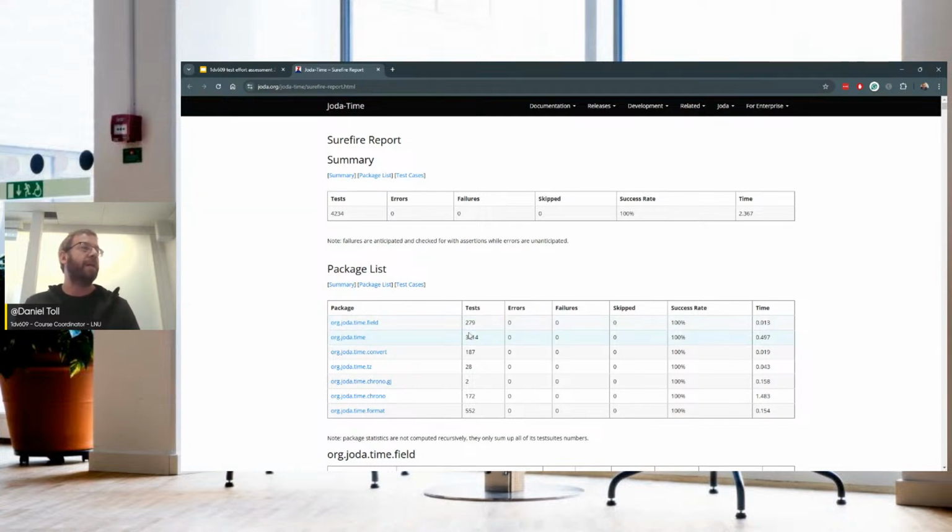You can see the different components or different packages here. One of these, Joda-Time, has 3,000 tests on it. We can see that all of those tests pass, and we can see that it took half a second. Oh, nice, right? This must be really, really good code here. Or